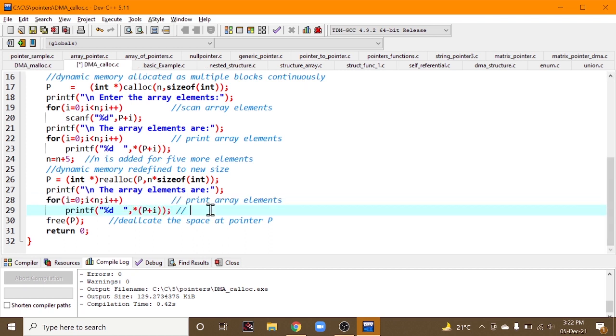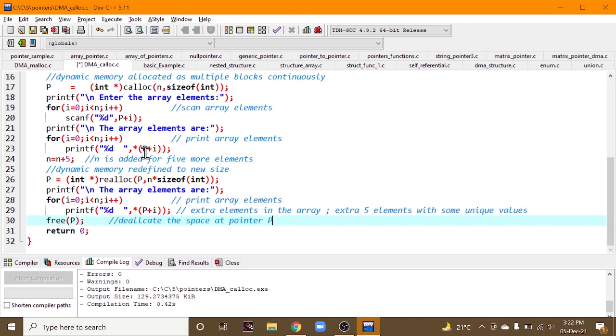Extra elements in the array are also printed. What are those extra elements? The extra 5 elements, since n is equal to n plus 5, with some unique values, which are some garbage values, and then freeing up, releasing the space here.